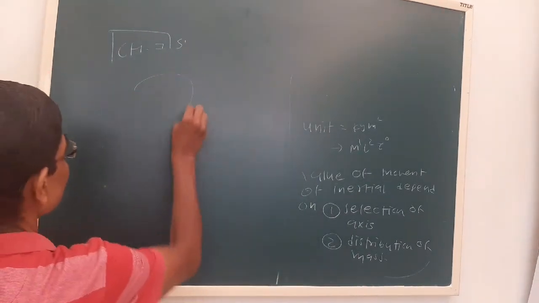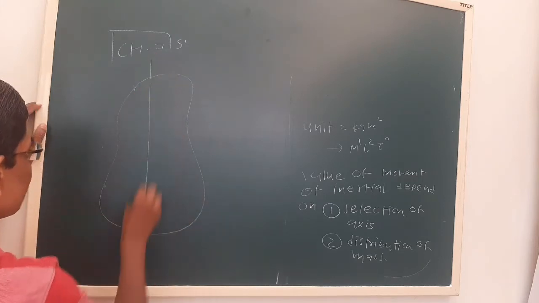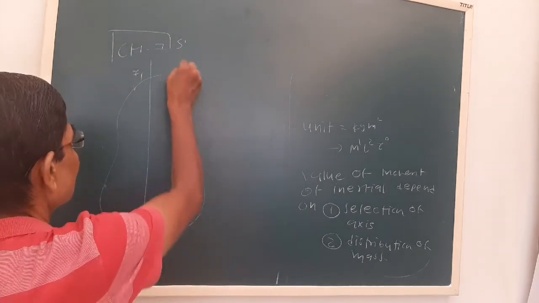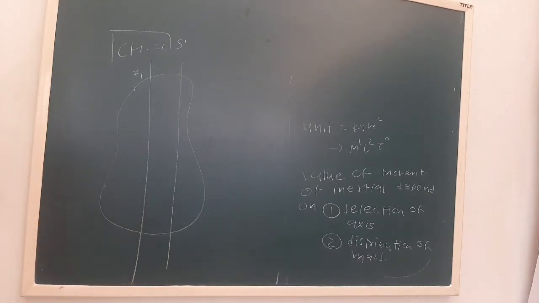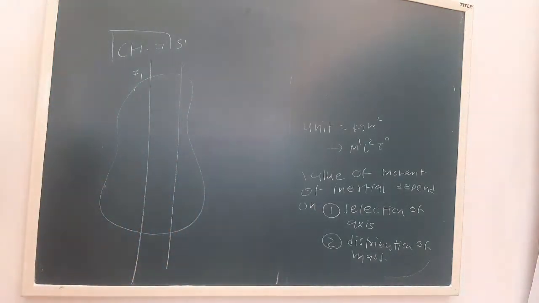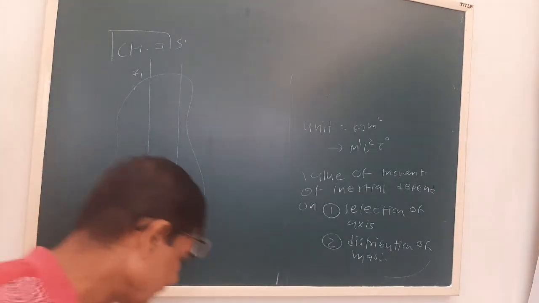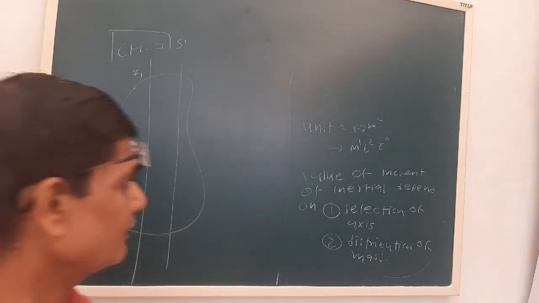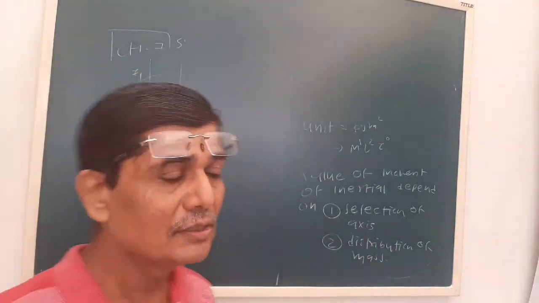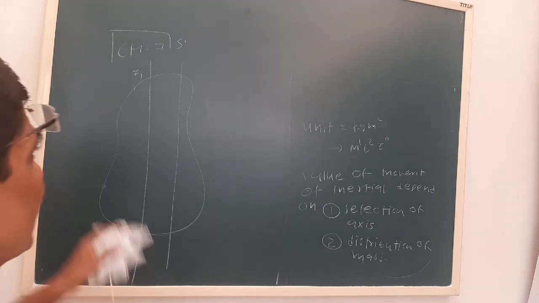Take it like this: let us say first we consider this as the axis of rotation. About that axis the body has a certain moment of inertia, but we can have another reference axis for the same body. Then the mass of the particle will remain the same, but the perpendicular distance will change. So that's why the same body has a different value of the moment of inertia. Hence we have to remember that the value of the moment of inertia of a body depends on the selection of axis and the distribution of mass within the body.